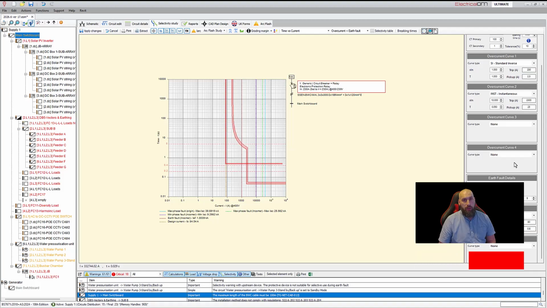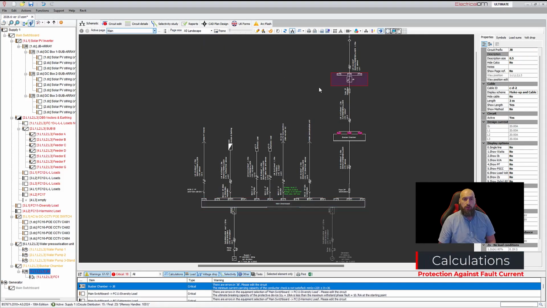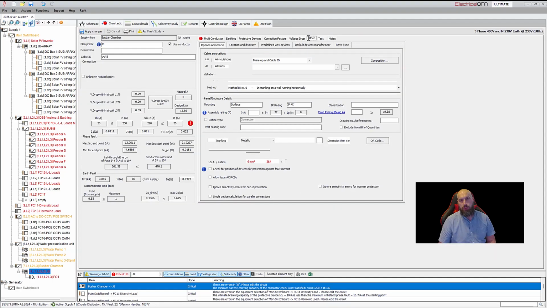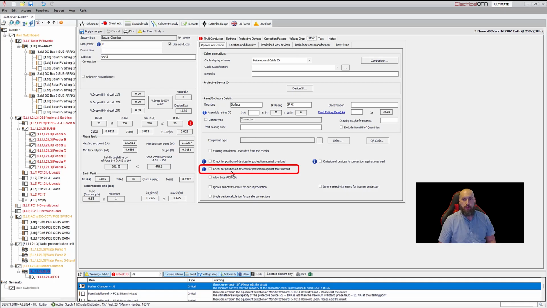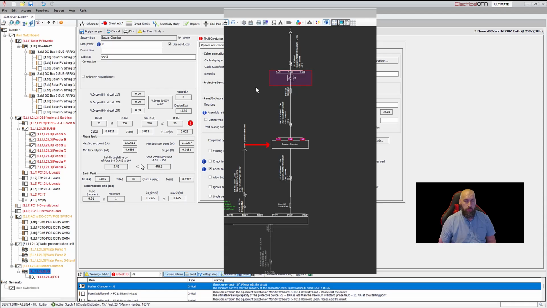Where we need to also identify different positions for the protection of fault currents in our system, new functionality has been added into the circuit edit menu. Here you can see we now have the ability to check position of devices for the protection against fault currents. And as we tick this item here, you'll see that it will choose the relative position for one of 2 devices that you may have set in the system. In this case, I've used a busbar and sort of a Glasgow switch arrangement with a BS88. And while we are relying currently on the overcurrent element for overcurrent protection, we can see here it's actually relying